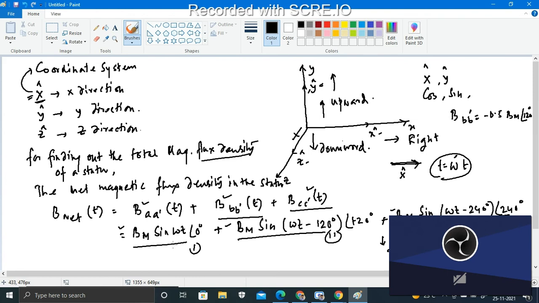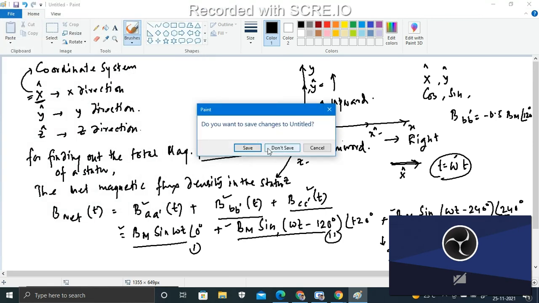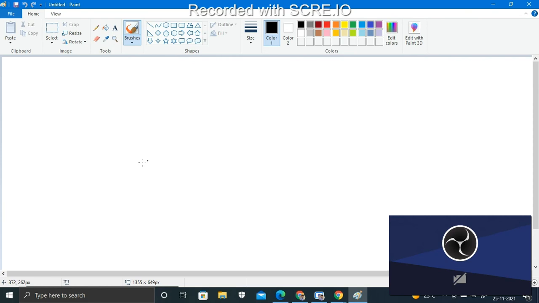Now there are three components, and we have to break down all those three components of the magnetic field into its x and y component only, not the z component. For that, if I write again, what will be my b net at the particular time interval t? Again I am writing bm sine of omega t at an angle 0 degree plus,